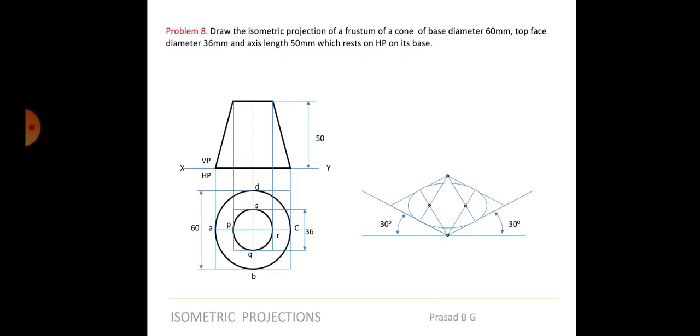So it is not that we directly take it to the top and draw one more time. We have to first find the center. Height is 50, axis height is 50, right? So from the center take ISO 50 height. Now this is important, okay? This is something that I have to explain here. In the previous problem, when it was a cylinder, it is not a big deal because you know the top face is also the same. It is also ISO 60-60 you can draw. But now you have to draw the object.